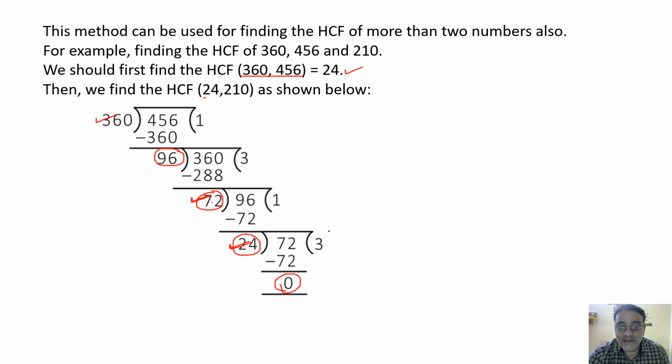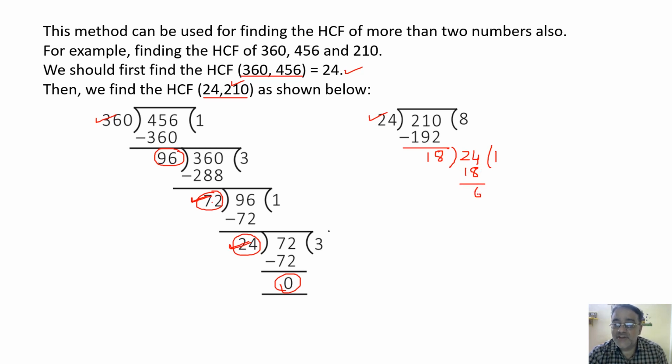Okay, now we are going to find the HCF of these 2 numbers. So obviously 210 is the greater number and 24 is the smaller number. So we are dividing 210 by 24. Okay, so 24 times 8 is 192. So we find the remainder 18. Again divide it, 18 is not equal to 0, so divide the smaller number by the remainder. So again 18 into 1 is 18, remainder you will get 6.